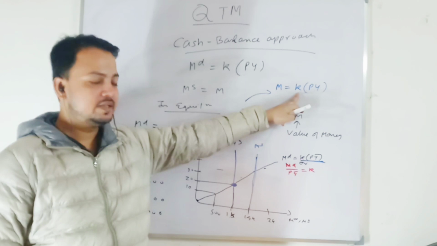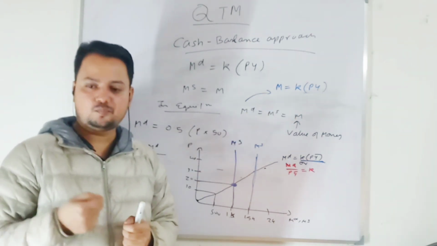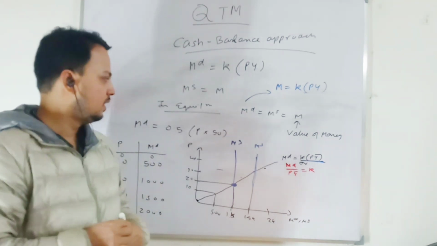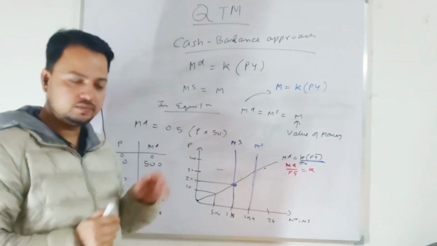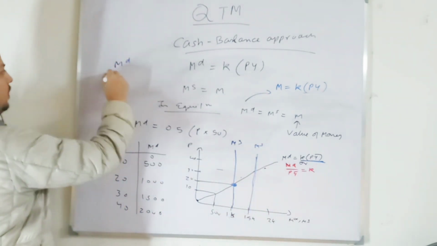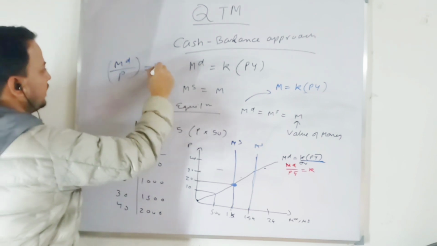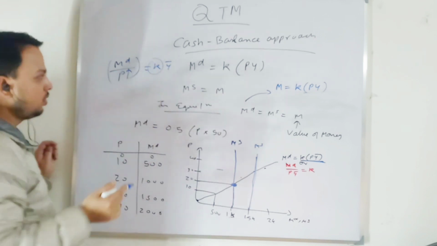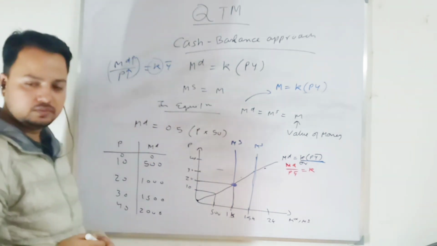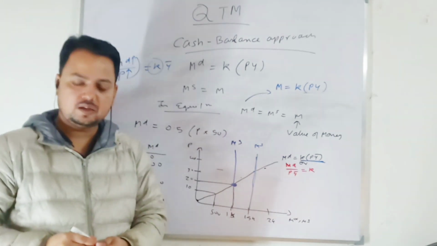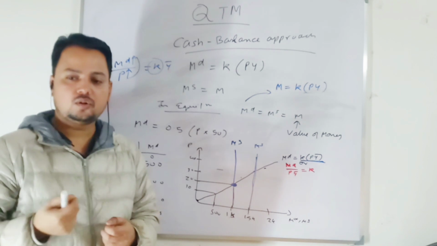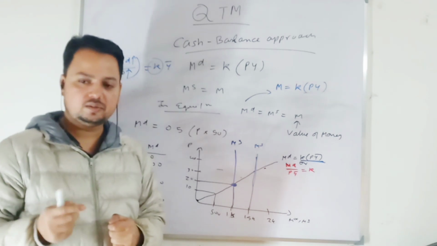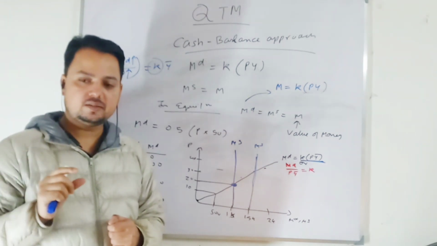Because this K, the money demand as a proportion of nominal income that people want to keep with them, is constant. And I have given you the background reason why it is constant, right? Money demand over price level equal K by Y. So when price level increases, in order for proportion to be constant, money demand must be increasing by same proportion. Agree? Yes or no? So that real cash balance remains the same. So here I am talking about real cash balance.